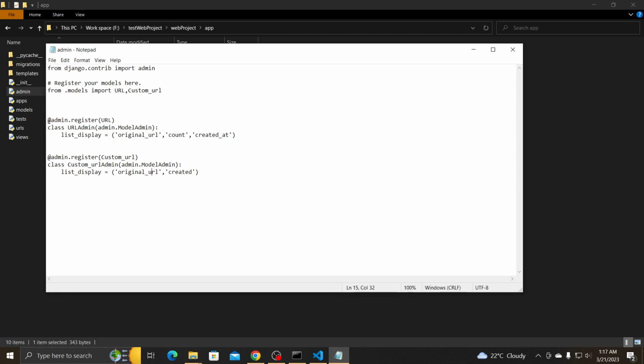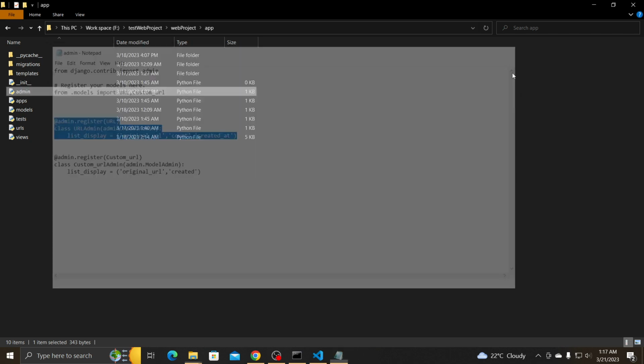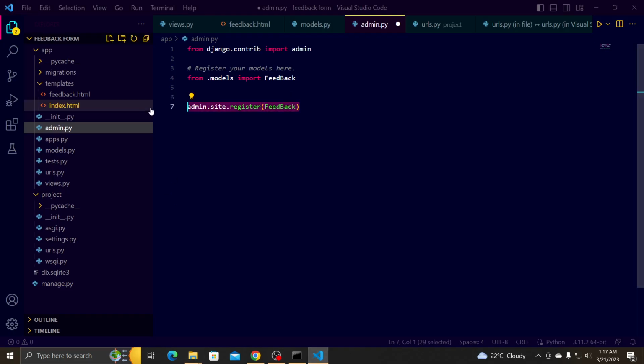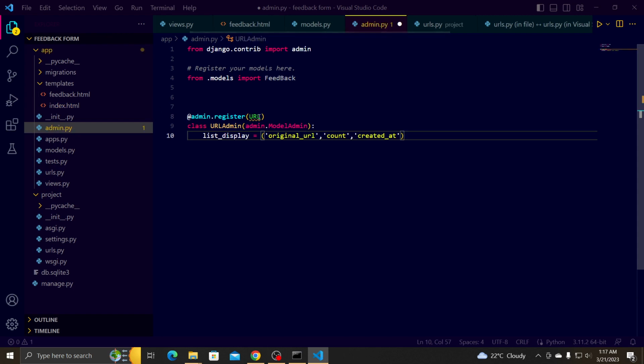You can see how you can do the decoration. You have to type admin.register, then your model name, then the class, then your model name, then admin.ModelAdmin. So I just copy this at first, remove this, and type admin.register